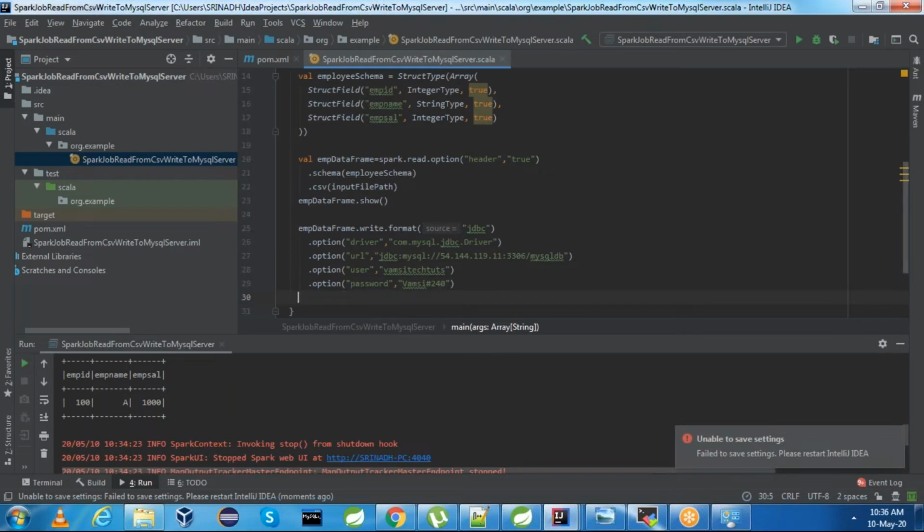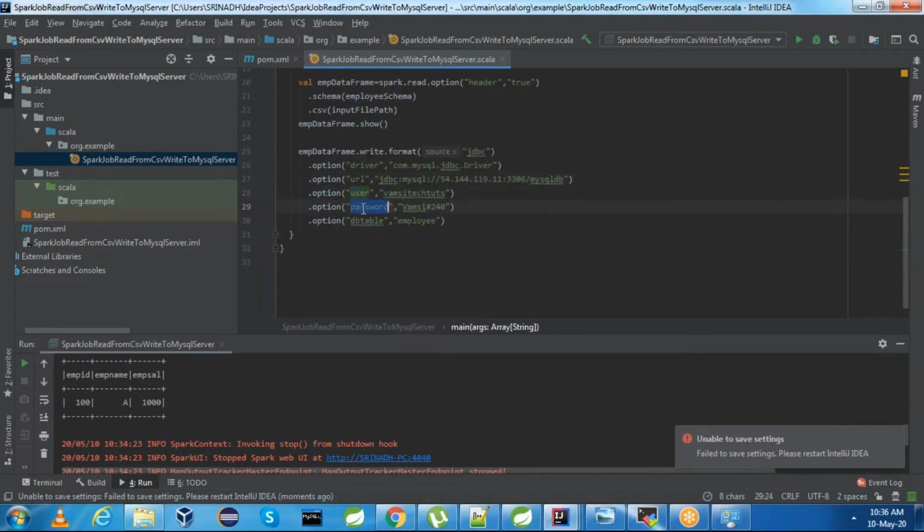And the final thing, what is your database table? My database table I want to write to is employee. Perfect. Now we have the driver class com.mysql.jdbc.Driver, and then URL, and then user, and then password, and then the DB table. Let us execute this program.